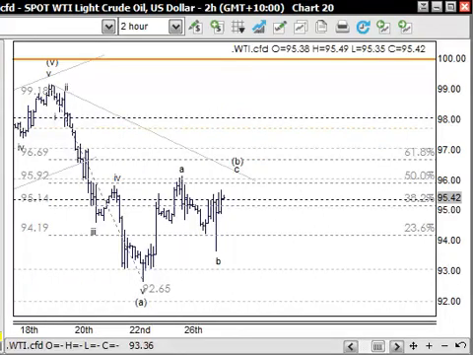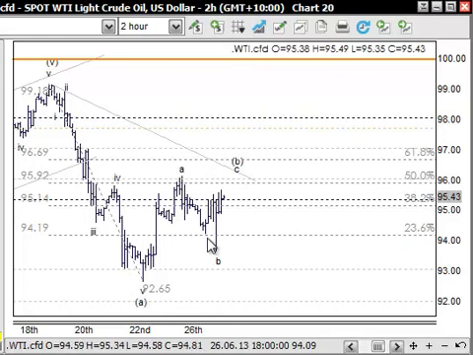Okay, we can start with oil today. As you know, we've been looking for a B wave back up to the 61.8 area, up through there at the sort of 69.96, 70 area. We were looking for this first move up here. It was an impulse wave. It's got 5 waves, a nice third wave in the middle here, and a fourth and a fifth. So then we'd class that as wave A, and then we're looking for a wave B to come